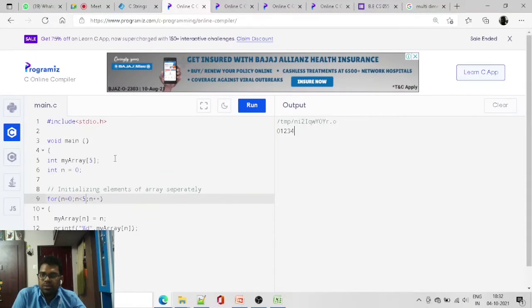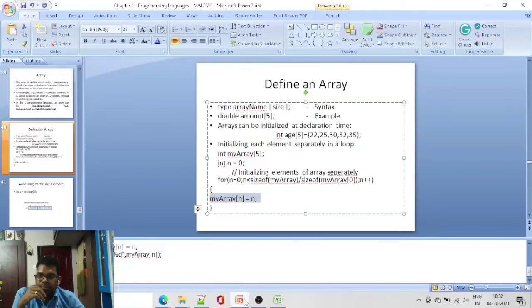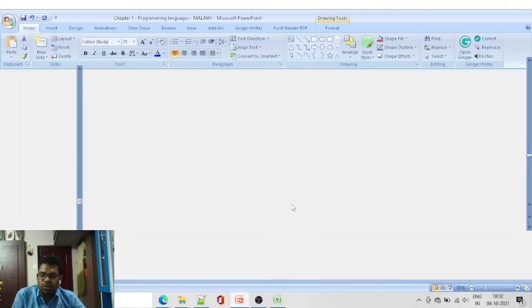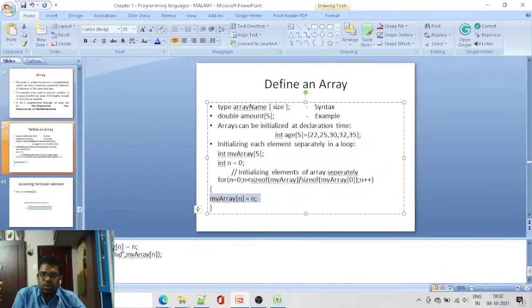So this is one of the programs, which is available in the given link in this PPT itself. If you look into this one, it is the same as the PPT except for this line, where I have removed the size of my array, the value 5, because if I put it, it doesn't work, so I chose that way.